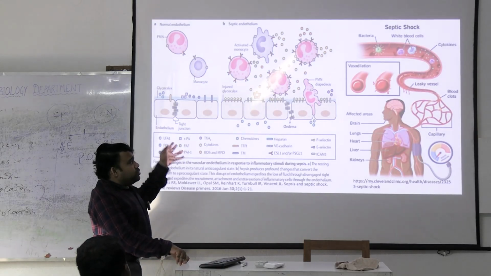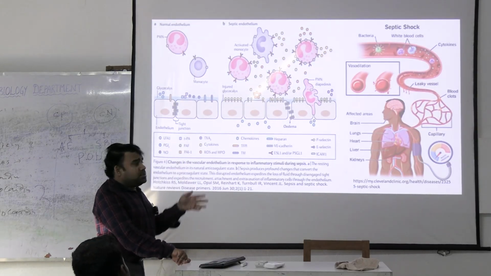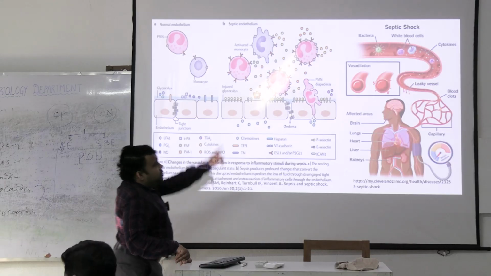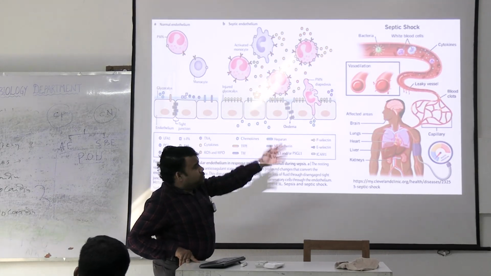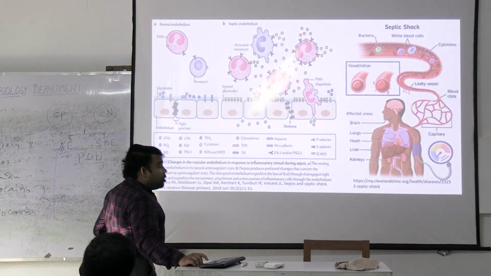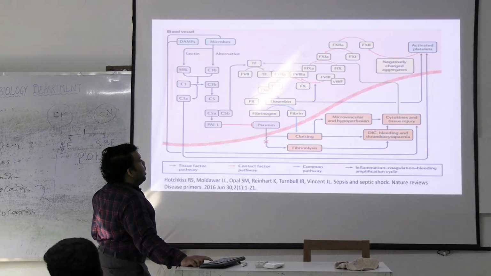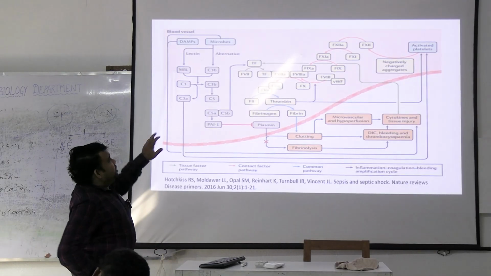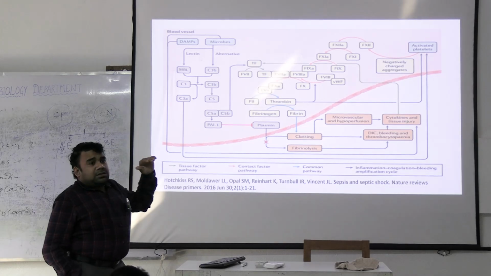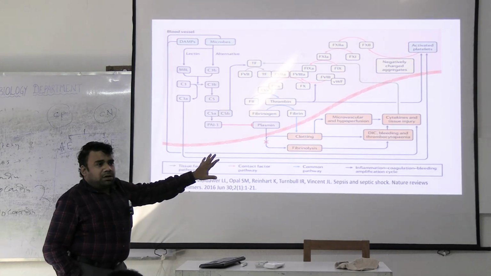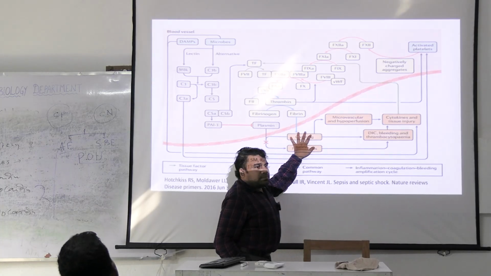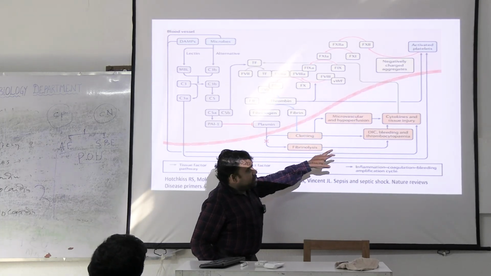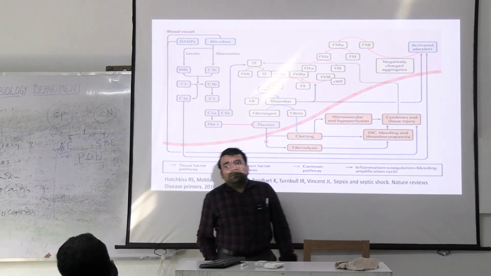So this is the pictorial representation of what is happening. If you can see the picture, the bacteria will trigger the white blood cells, resulting in cytokines, and from there the vessels will leak and then affect all the organs. And this is the process of DIC, in which there is a big process going on. The end story is all the clotting factors are used up, and when there is a bleeding manifestation, bleeding will not stop.